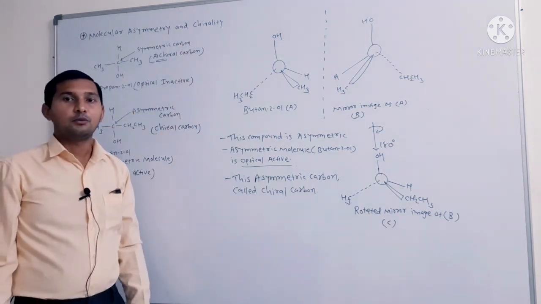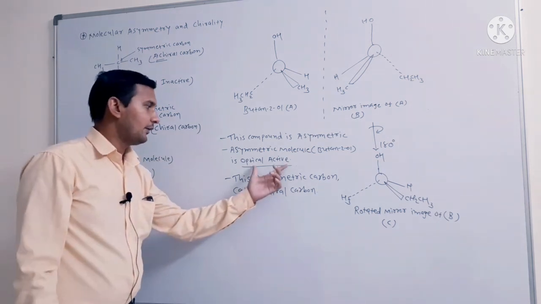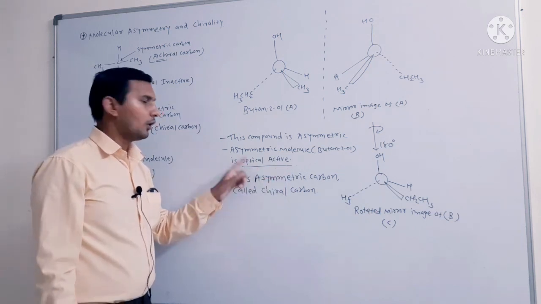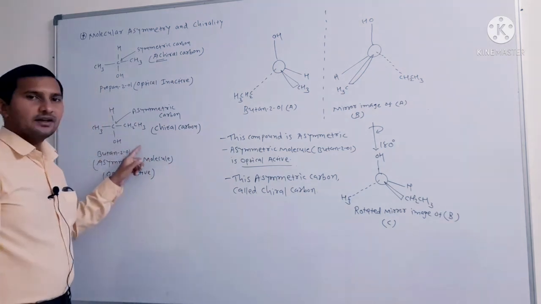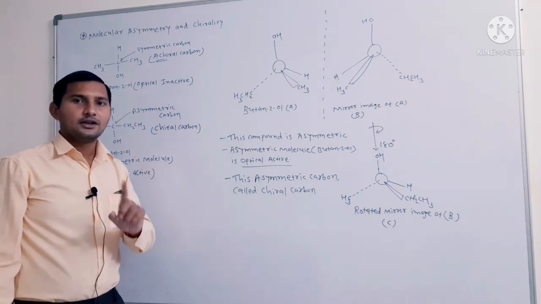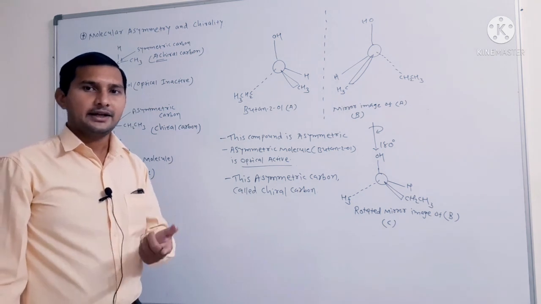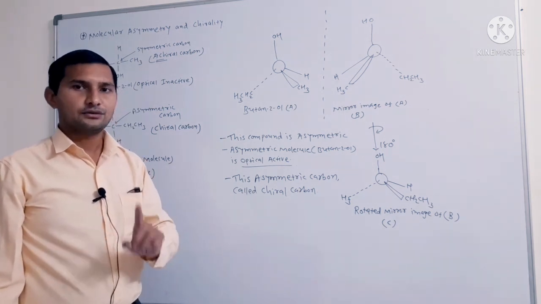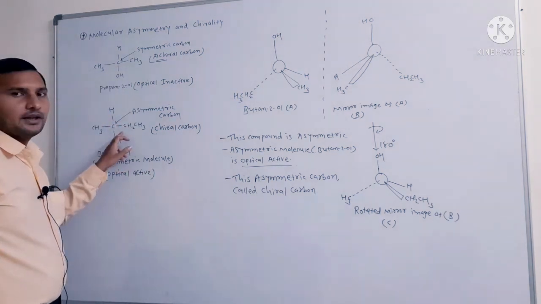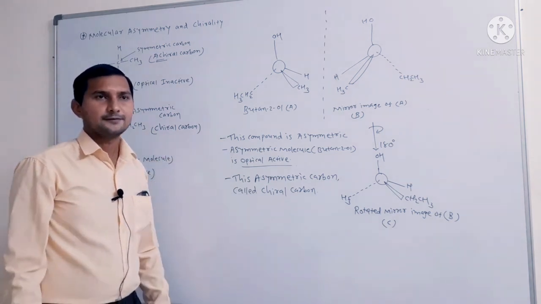So if an organic molecule has molecular asymmetry, then it is always an optically active compound when we place it in a polarimeter. Whether a compound is optically active or inactive, we determine only with the help of experiment. The experiment indicates whether any organic compound is optically active or inactive. But in most cases, a compound with an asymmetric carbon like butan-2-ol is generally optically active. Thank you.